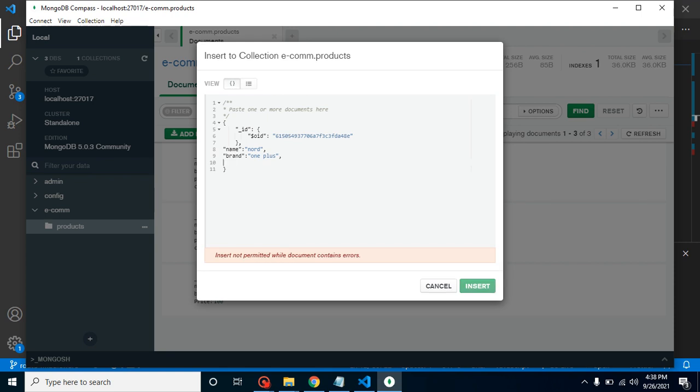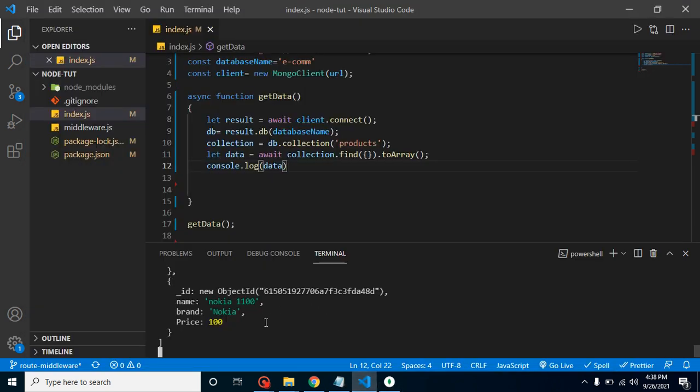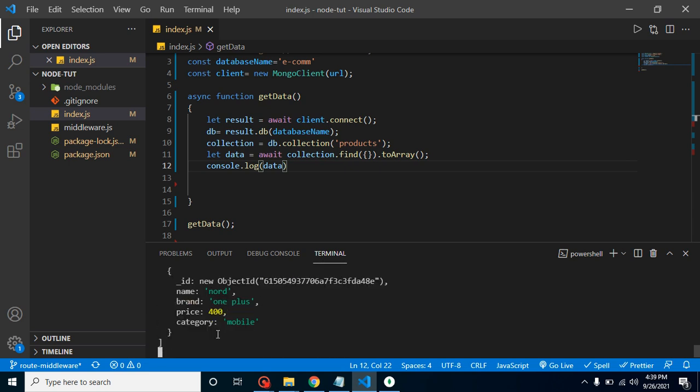Then we can simply put price, let's say price is $4,400, and at the last category, and let's say category is mobile. And now if I enter it, you can see that we have 4 results here, and the last result is Nokia, and I am running it again, and you will find that we got the node also here. So in that way we can add more data and we can show it here.